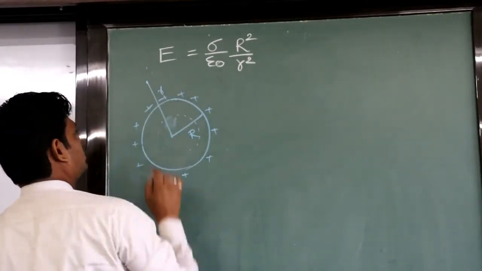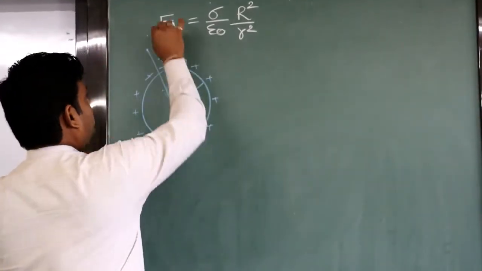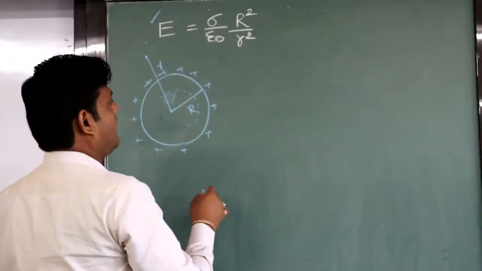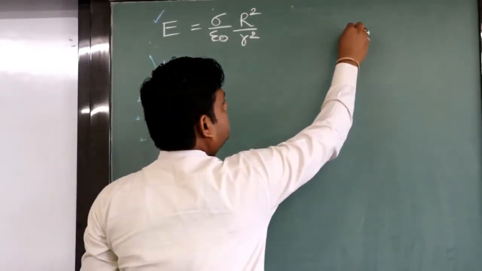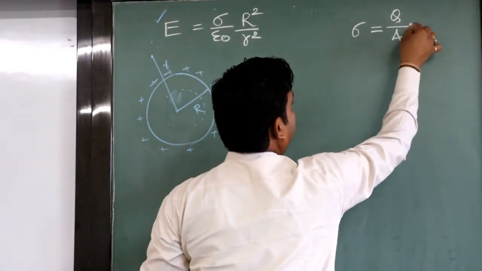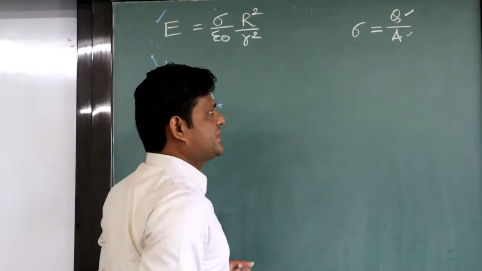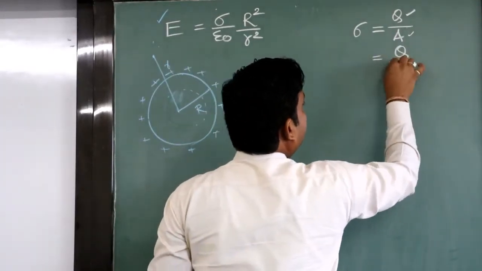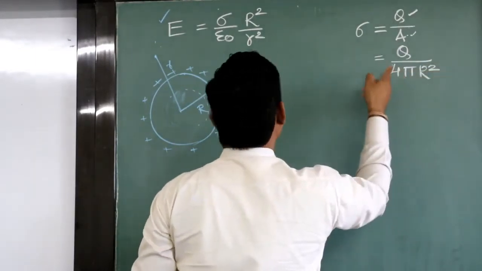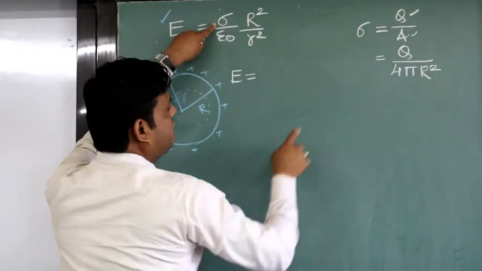This is the r distance, electric field outside the shell. So that is the formula for this, E equal to sigma divided by epsilon 0. Now we know that surface charge density sigma equal to charge per unit area, total charge residing on the shell, and this is the area of the shell. So Q remains as it is, area equal to 4 pi capital R square. If we put the value over here, you will get E equal to, instead of sigma we will write Q